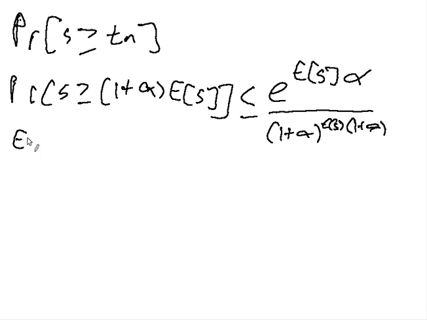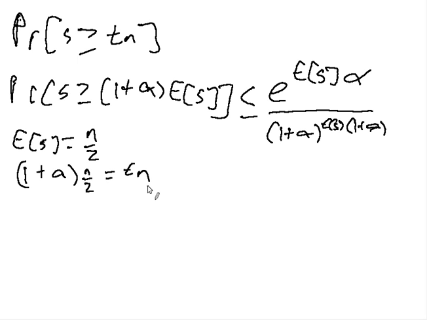Keeping in mind that the expected value of S equals n over 2, and noting that we want to get an upper bound on the probability of S greater than or equal to Tn, so setting (1 plus alpha) times the expected value of S, or n over 2, to Tn, we find that alpha equals 2t minus 1, and now plugging into our bound, we have e to the n over 2 times (2t